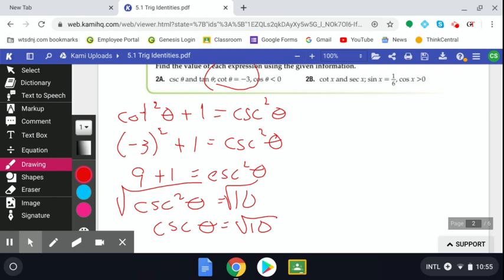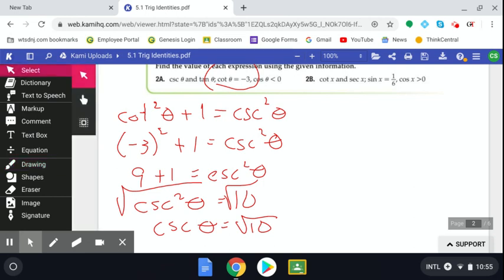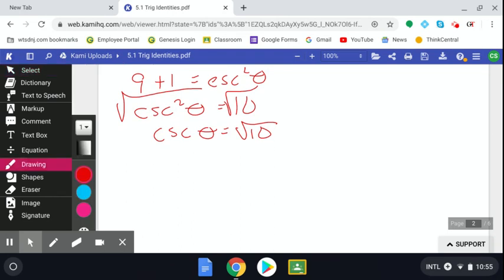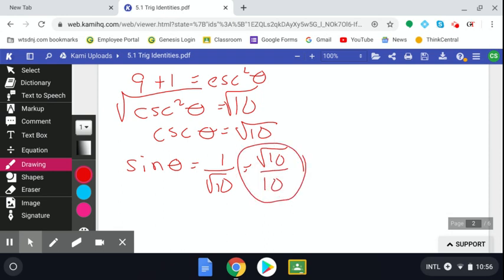Because this is the reciprocal of the sine function. So I can say that sine theta is going to be 1 over radical 10, and then I can rationalize and get radical 10 over 10. So this is sine theta. Okay, then they want me to find tangent theta,